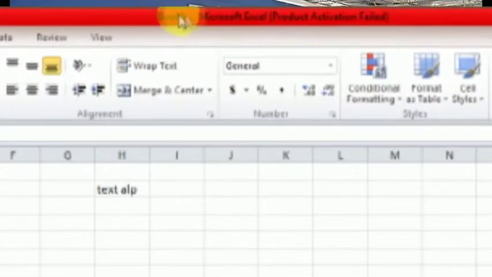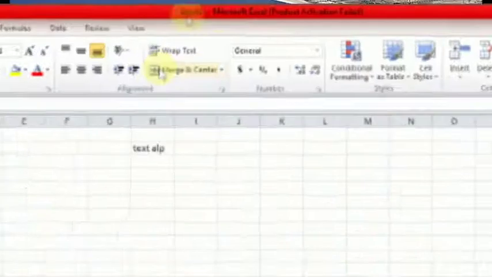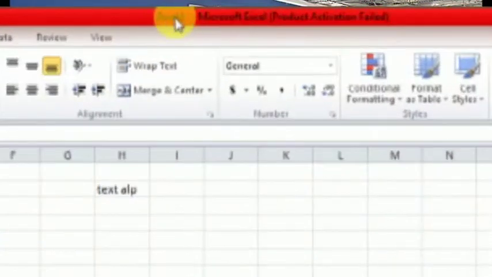Now at the top here on the title bar, because we have not assigned any name to this file, the application has given it a name on its own: Book 1. It tells you that the whole window is a book, because it contains more than one worksheet. We have sheet 1, sheet 2, sheet 3, and you can create as many as you want.